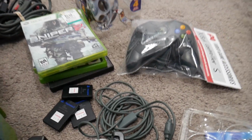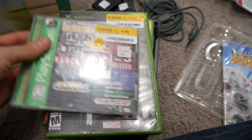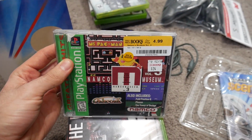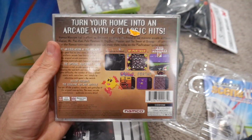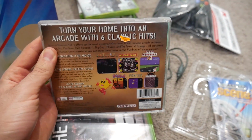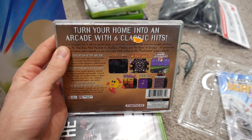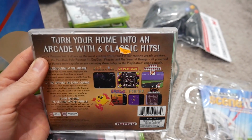Now, the last few games we're getting into here, got another PS1 pickup right here. I end up getting Namco Museum Volume 3, which I think these games are cool as hell. I had one of them when I was a kid. This is $5 as well, as you can see. And it's cool because you go through and it's like you're actually walking through a museum all in first person, which I always just think first-person games on the PS1 are pretty dope. And then you're able to learn a bit about the games, learn some more history, and then, of course, play